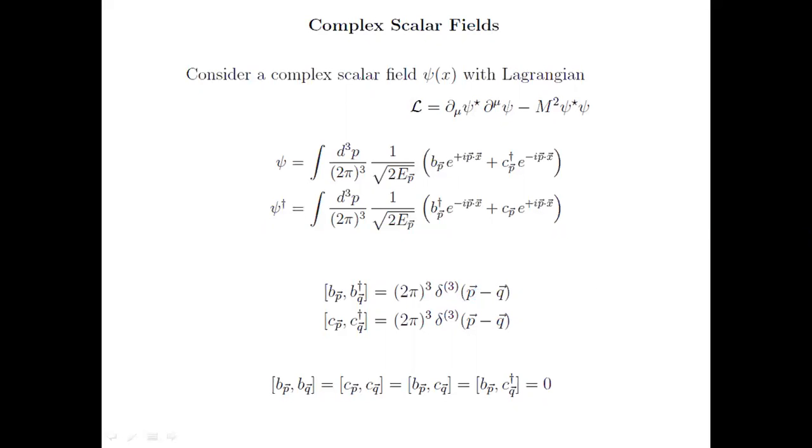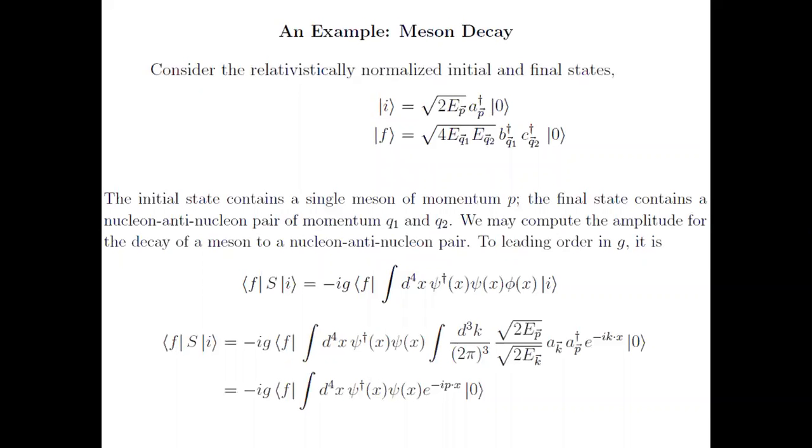Okay, so I'm moving on now. We are going to calculate our first quantum field theory amplitude. So what are we seeing here? This is a meson. A meson is a scalar particle. We are assuming a spin zero meson. A meson is decaying into a nucleon and an antinucleon. The nucleon we are assuming spinless, and the antinucleon also we are assuming spinless. We will come to spin later. So a meson is decaying into a nucleon and an antinucleon.